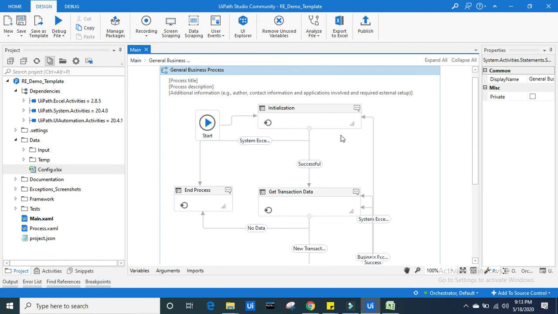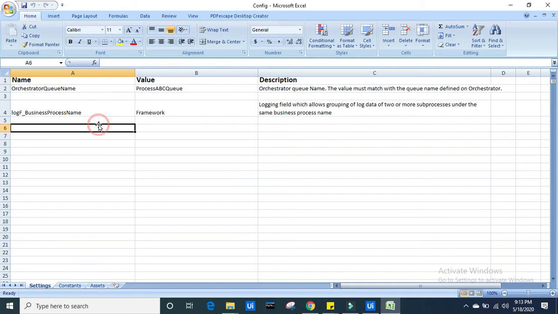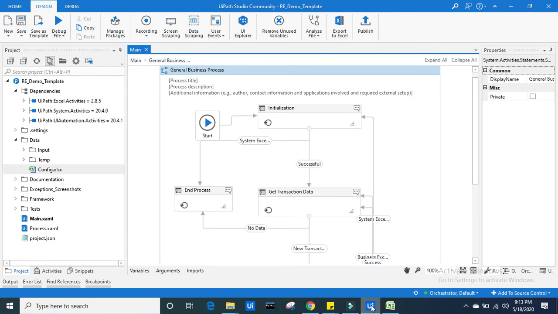Now here you can see during the initialization phase, first it will read your config file. Then it will initialize your URL, your username, password, your Orchestrator settings, or whatever the settings, or your screenshot path or your Excel path, whatever the data path, etc. So this will initialize it, and it will also initialize the application used for automations.